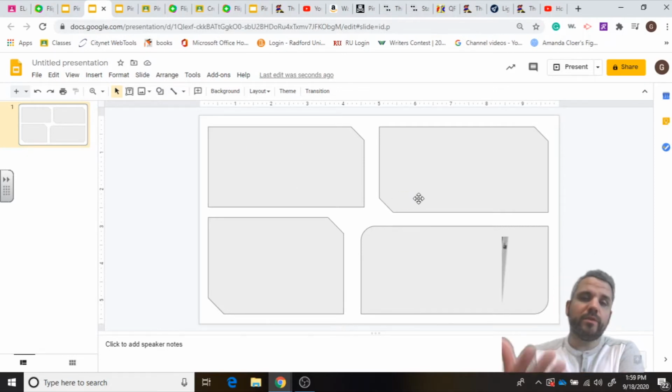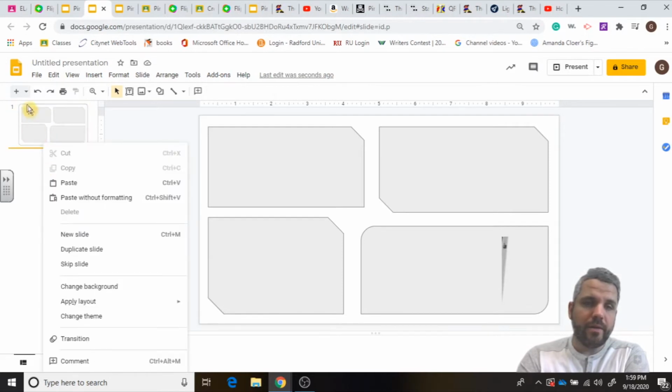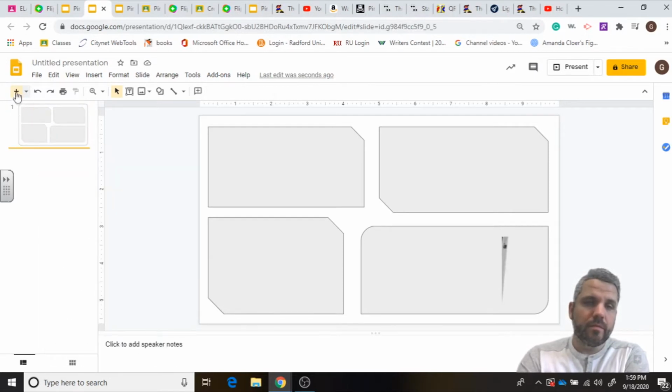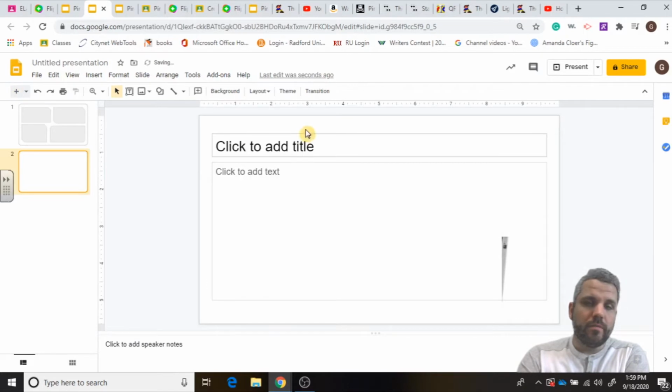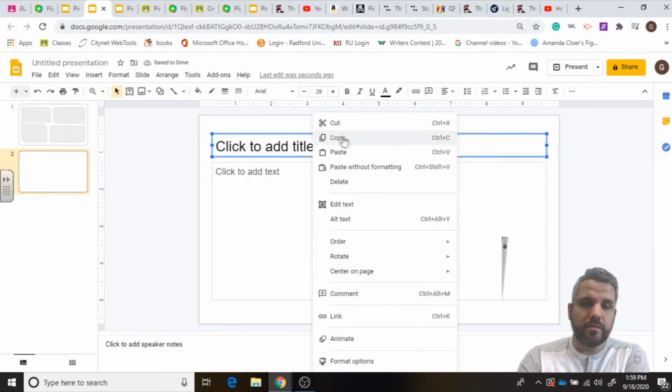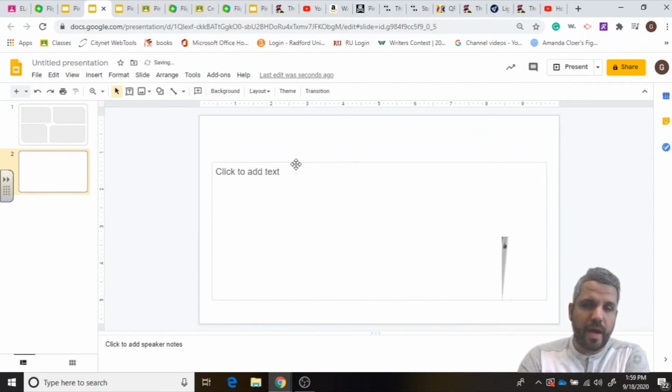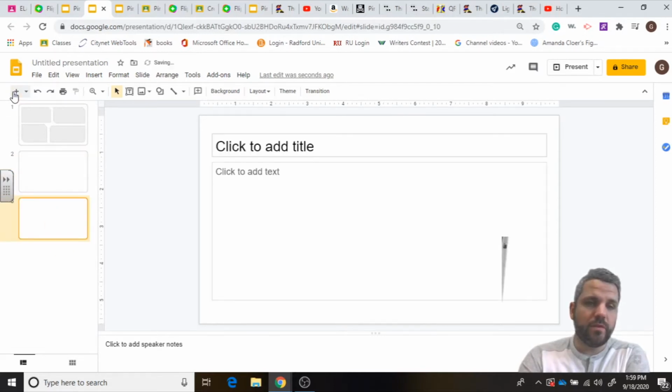So this is the start of your choice board. Now you can start to put different information in these cards. So what I want to do is I want to add a new slide. Get rid of any of the text features on there, because I'm not sure what I want to add to these yet. I just like to start with a blank slate. You can use those text boxes if they fit what you need. So I want to add, actually, you know what? I want to undo that,